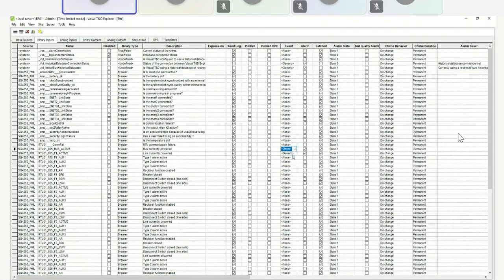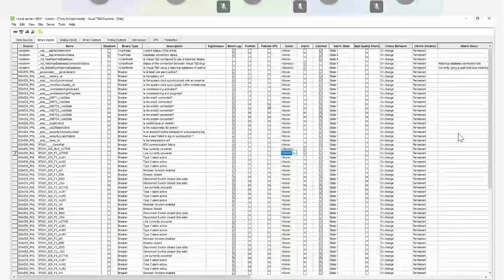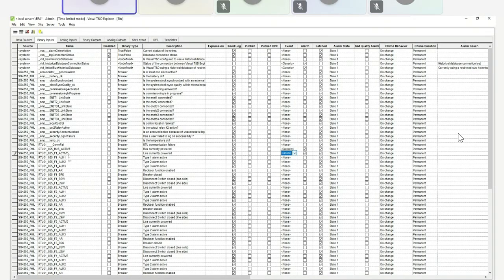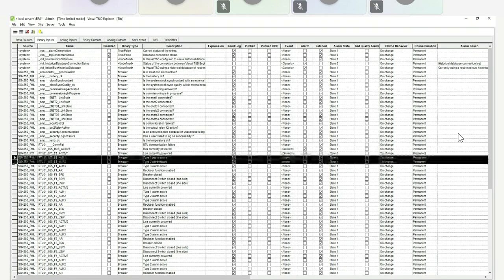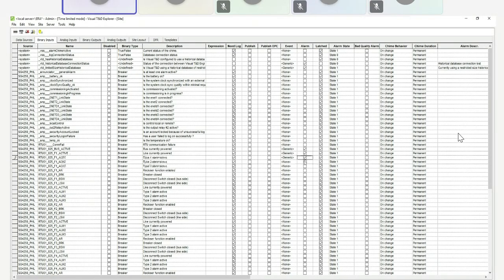I will just use generic events. Active alarm 1 and 2. I will just alarm 1, 2, 3.